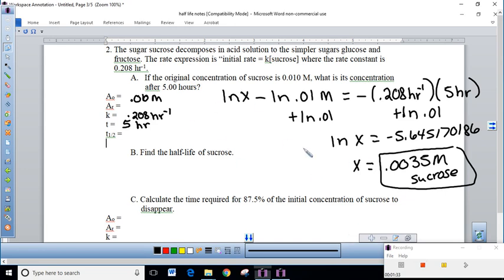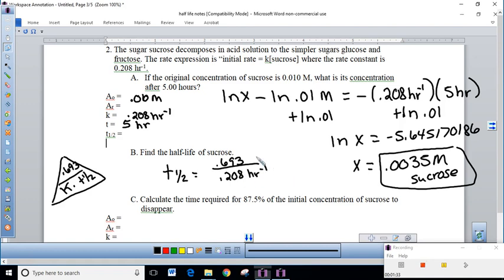So that was just what we just did. So I wanted to come down here and show you this one. It says, find the half-life of that. Well, this makes a nice little triangle, 0.693. This is first order, so make sure you only use this one for first order. But the way the constant and half-life are related, it's always 0.693 divided by the other. So to find the half-life, which we call T1 half, you simply go 0.693 divided by 0.208 hour to the -1. And because that -1 is on bottom, it flips it to the top,